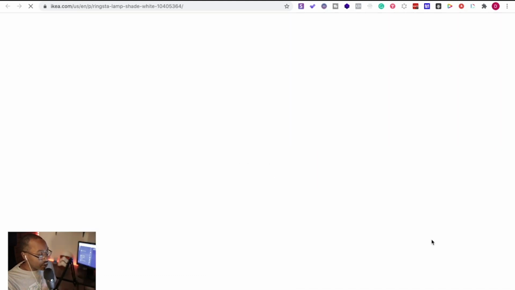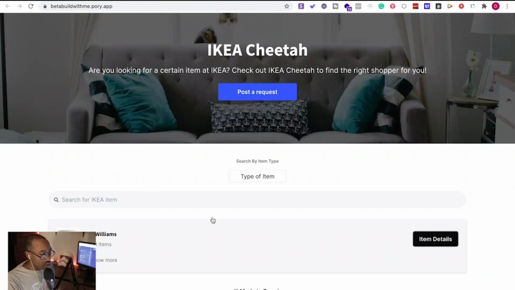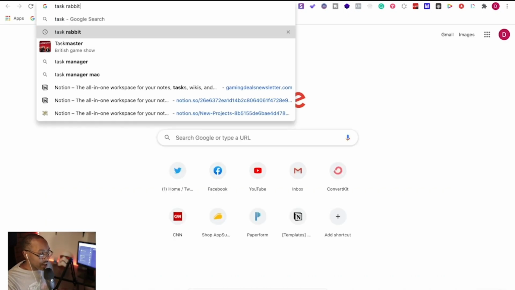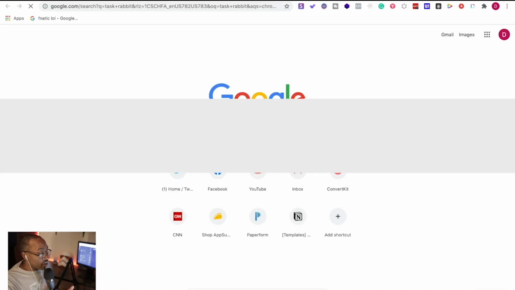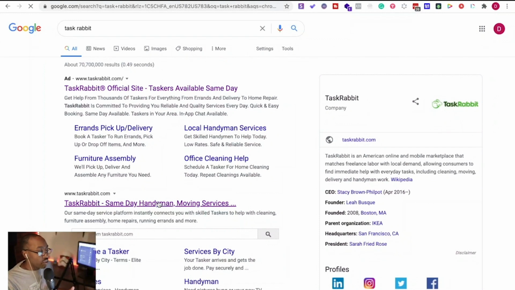The person that's picking up the item can go to IKEA, check out all of the details before they commit, or contact me if they're going to do the job for me. If I'm going to compare this to anything, it would probably be similar to something like TaskRabbit or Thumbtack, where there are already jobs to be done and they just need to find someone to do that job right away. Because it's very specific and they already have a targeted demographic,